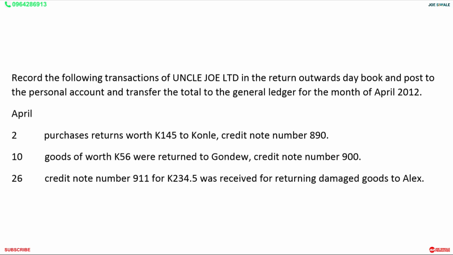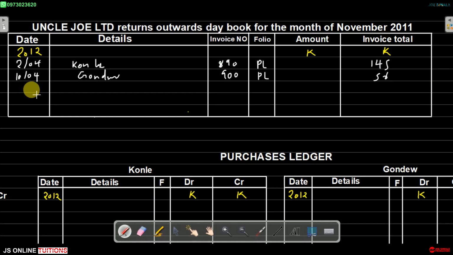Then on the 26th, credit note number 911 for 234.5 kwacha was received for returning damaged goods to Alex. So we can say 26th of April, we'll say Alex. The invoice number there, that's 911. Then we'll say our purchases ledger. The amount there is